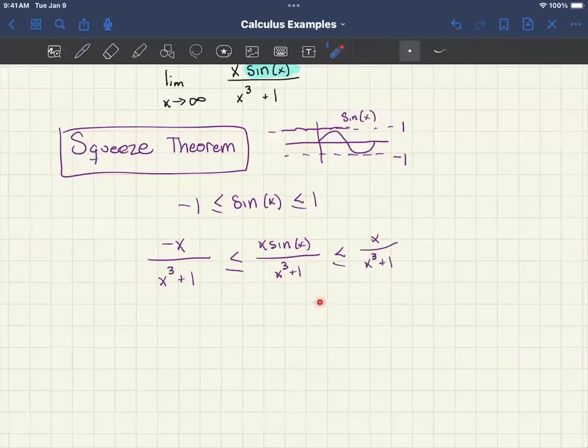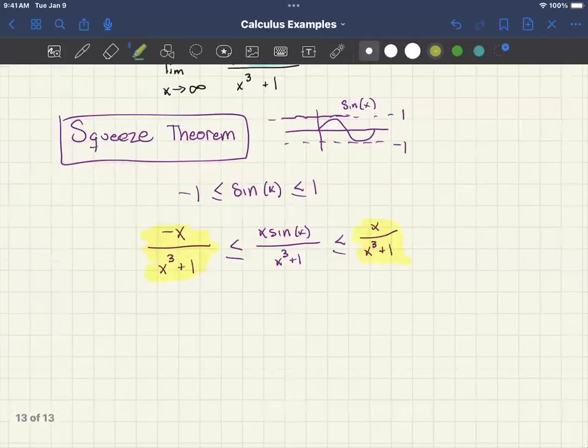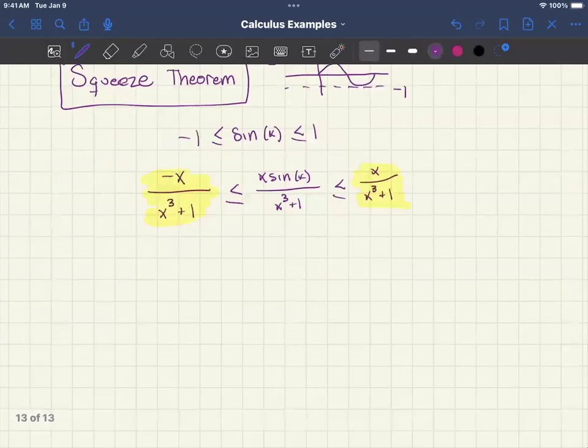That means the number in between, the x sine of x over x cubed plus 1, is going to be squeezed and forced to go to the same thing as well. To figure this out, we're going to have to figure out the limit of our two outer points on our inequality. So let's start off with the limit as x goes to infinity of x over x cubed plus